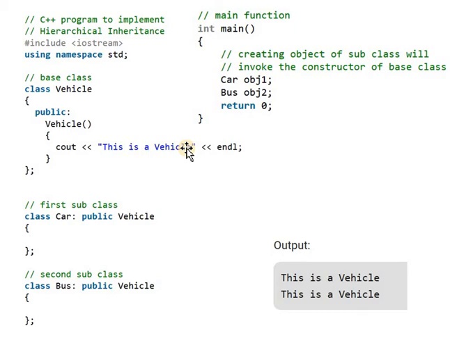This is an example of hierarchical inheritance. There are multiple derived classes from the same base class. That means in this type of inheritance, one parent class has more than one child class. This is hierarchical inheritance.